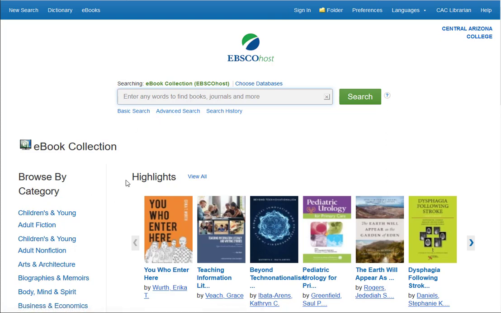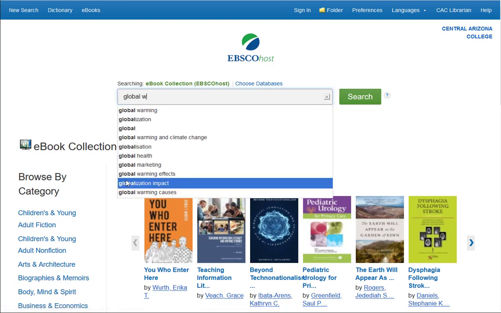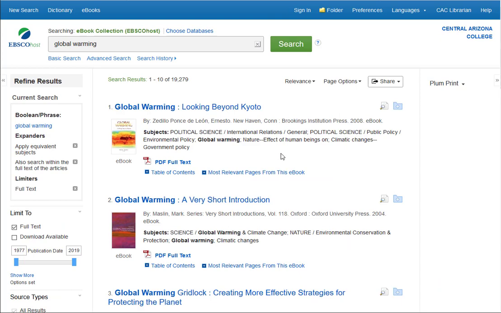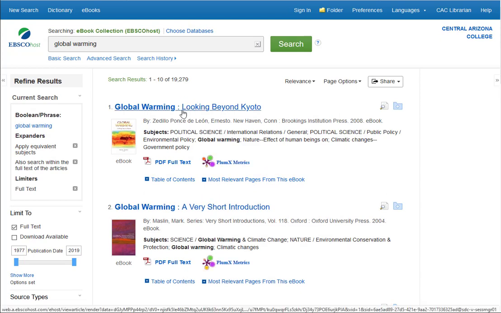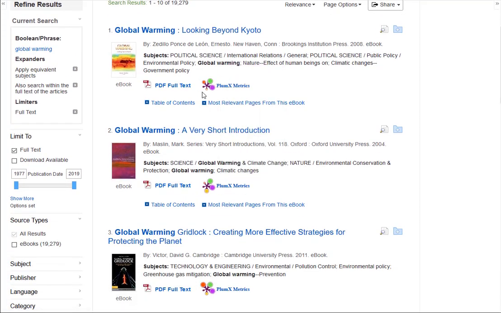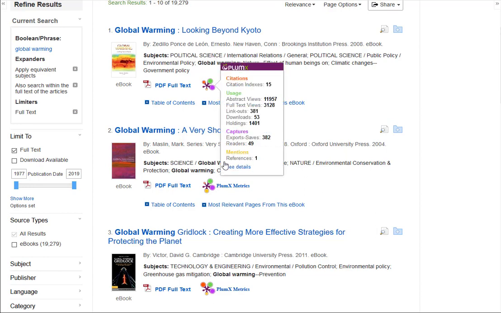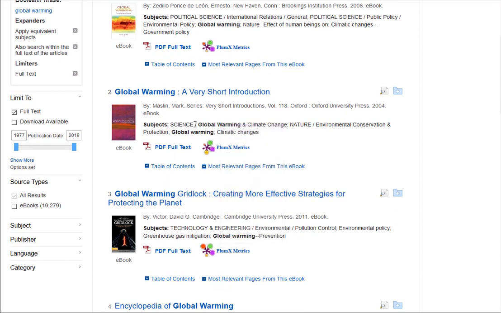So just to give an example, we'll do a search for a topic. You can see we have a lot of results here. Again, that is a lot to sort through. One of the nice things it does is, as you scroll through all the things that have come back as a result, it will highlight where in that book's record your search term